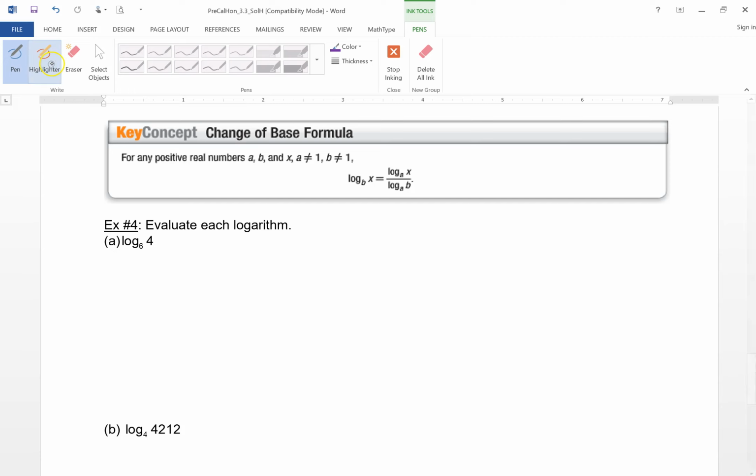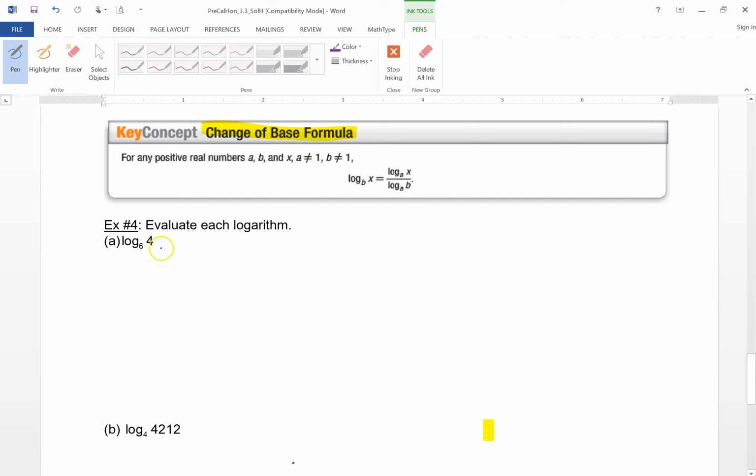So change of base formula. Do we remember change of base formula from last year? I'm sure you've done it before. Basically, what we can do with the change of base formula is, you've seen logarithms in different bases, right? It is possible to change the base. Like here we have a log base 6. It's possible to change it to a common logarithm. What's the base of the common logarithm? 10, right? So the formula in which to do that is,